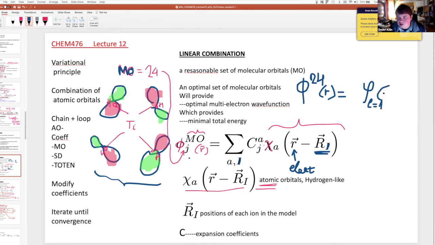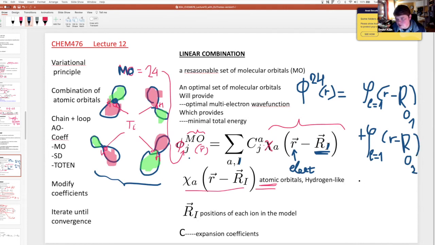P orbital on the oxygen number 1, O1, close bracket, plus atomic orbital with angular momentum 1, p orbital on minus R on the oxygen number 2, plus